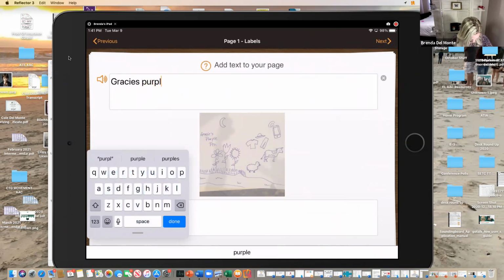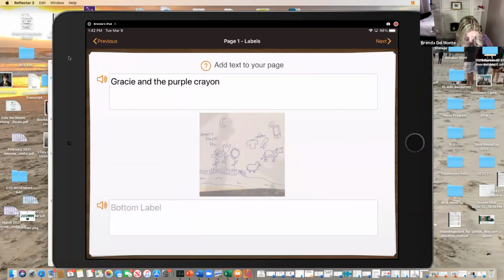Gracie's. Well, let's just do this. Gracie and the purple crayon. So then I might say, and so what she had done is used her AAC to pick out pictures that she wanted me to draw. And I'm obviously no artist, but here we are. And then at the bottom, I'm saying,